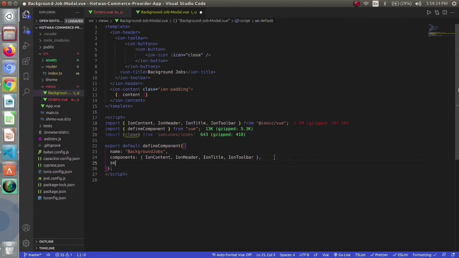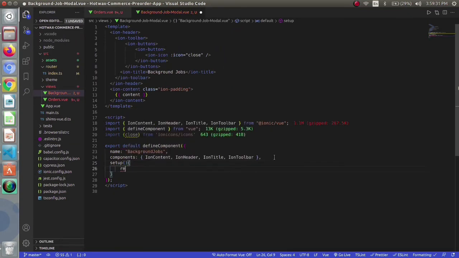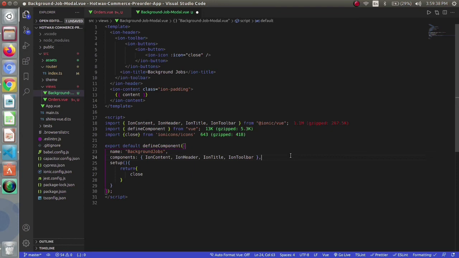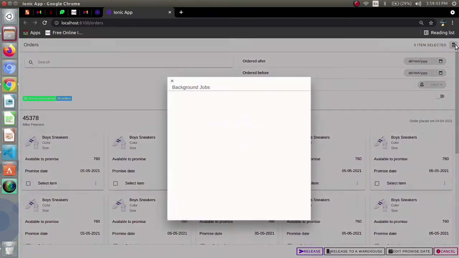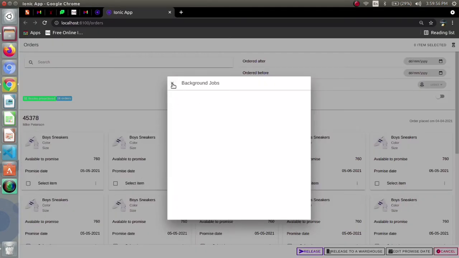Now return the close icon. Save it, and I have to provide a slot to my button. Slots are provided in the parent container. The parent container of the icon is actually the button, so I will be using the slot over there.